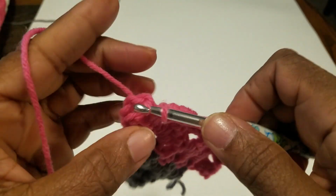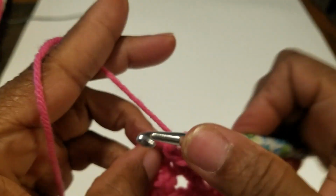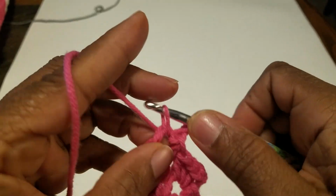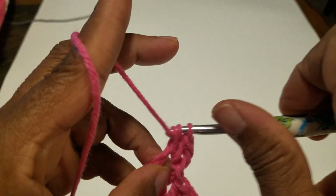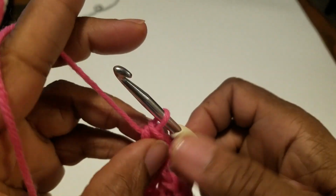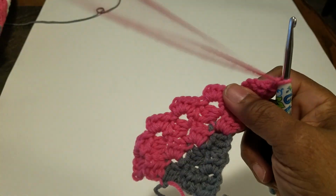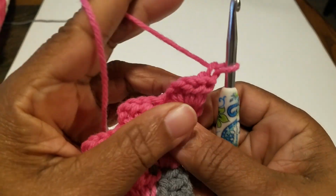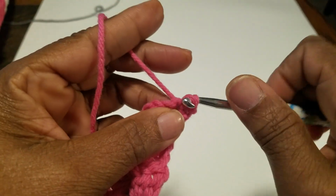Now, I'm at my last chain 2 space. I'm going to slip stitch. I'm going to chain 2, and then 3 half double crochets. 1, 2, 3. I'm going to chain 1. I'm going to turn my work, and I'm going to slip stitch into the top of the half double crochet